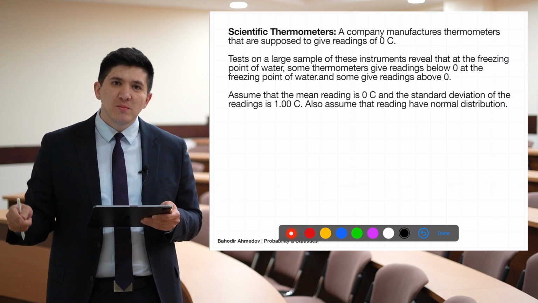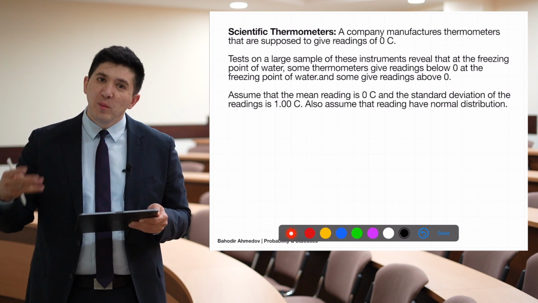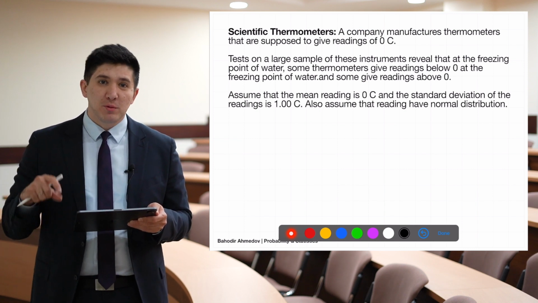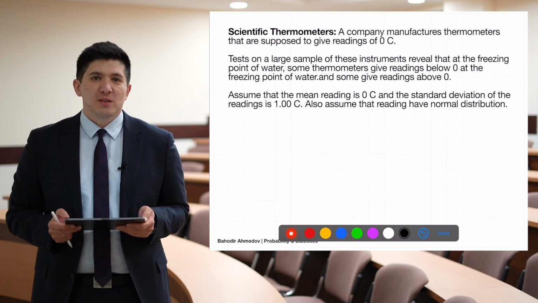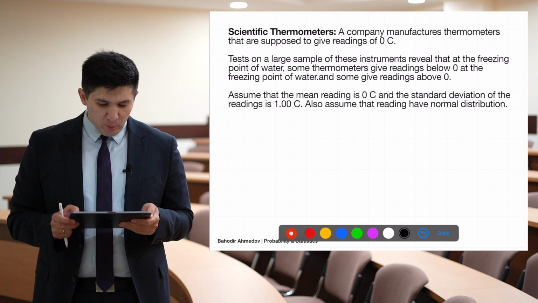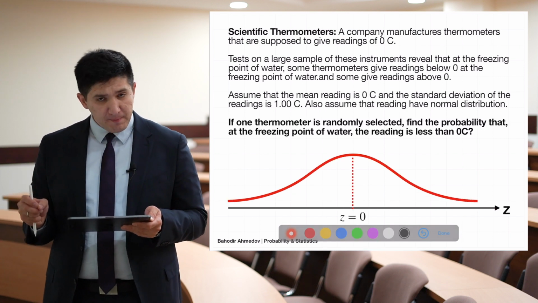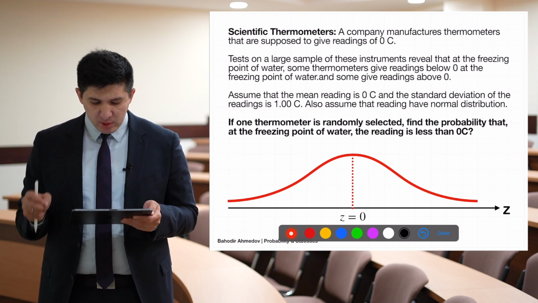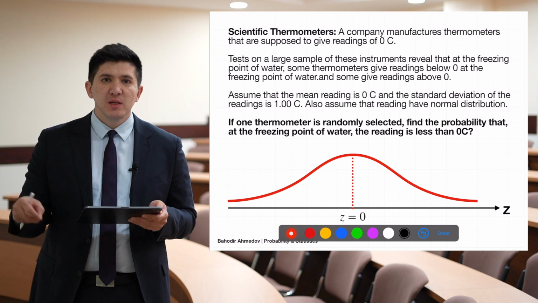If we assume that the measurements of the thermometers have the normal distribution with the mean equal to 0 and the standard deviation equal to 1, then this is simply the standard normal distribution. Now I would like to choose one of the thermometers randomly, and I would like to know the probability that the reading on that thermometer is going to show